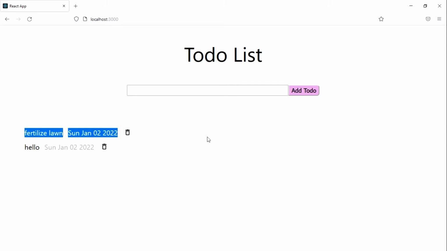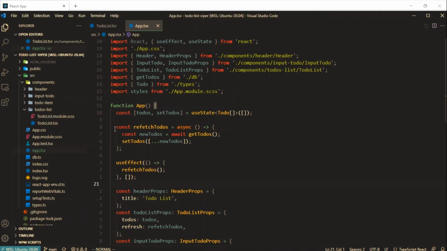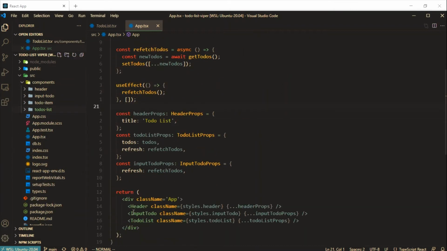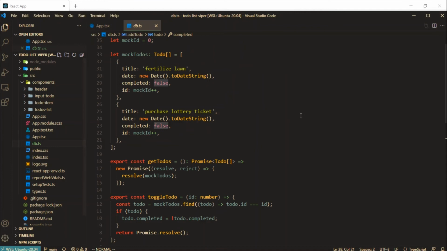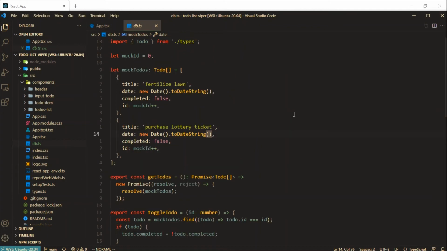So looking at the code makes a little bit more sense. Here we are in our app.tsx, and I have some components that I'm rendering here: header, input to-do, and to-do list. And it's getting the props from app.tsx. I'm getting the to-dos from a fake fetch call, I would say. It's not a real fetch call because I'm not using a real database. I don't have a backend. I just made a fake backend here,